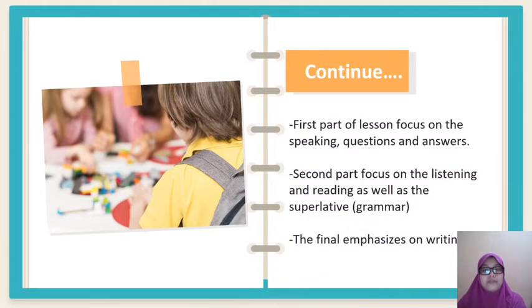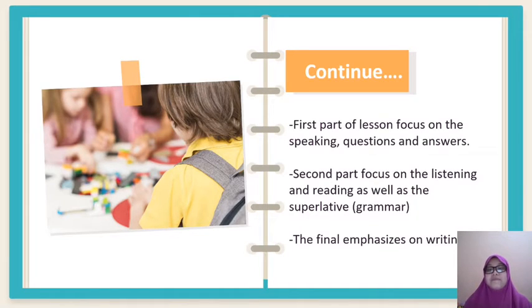Alright, the first part of the lesson focuses on speaking, questions and answers. We call it the pre-lesson or the induction set. I provide a few pictures of the astronauts and the Earth. During this time, I would like the students to give ideas about what they see, what they understand of the Earth, and what they know about Earth. Does anyone want to become an astronaut, and why?